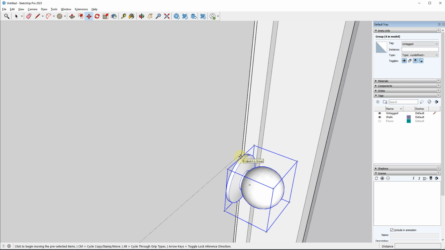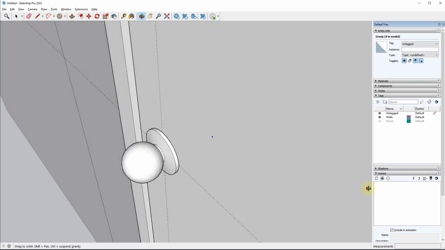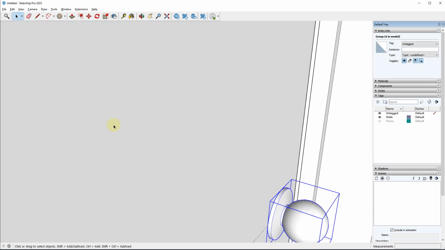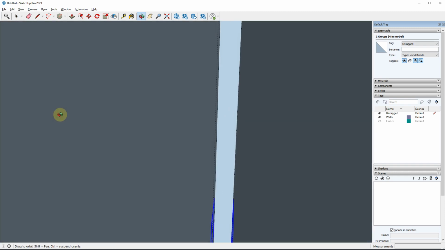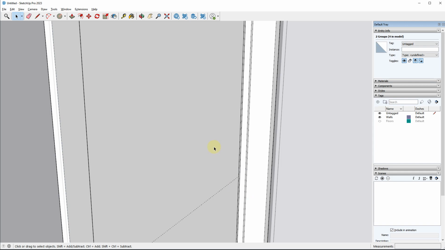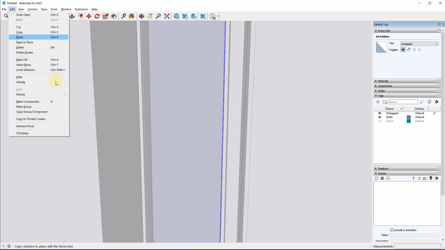I don't know. Okay, so we'll grab the corner, the edge right here, just make sure we're stuck on the green axis, and then move that there. So now I've got it flat on the face of the door on both sides. Now, if I was clever, what I'd do is take these, because they are subject to where the rest of the door is, cut them, double click so I'm inside of this door,